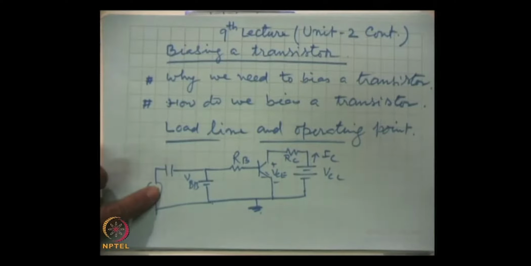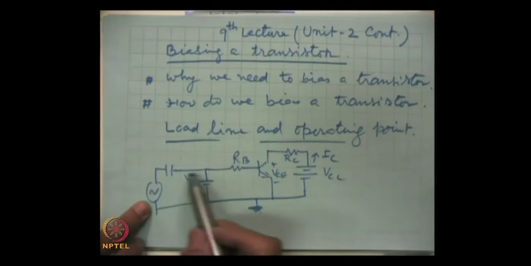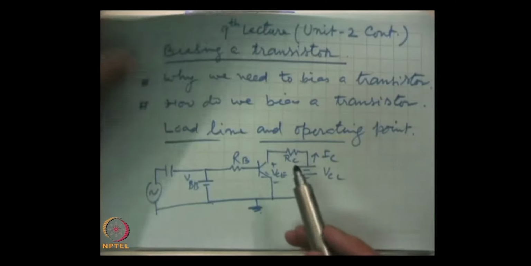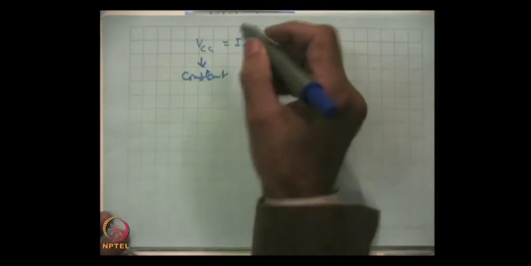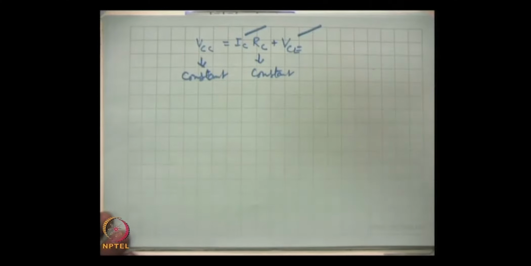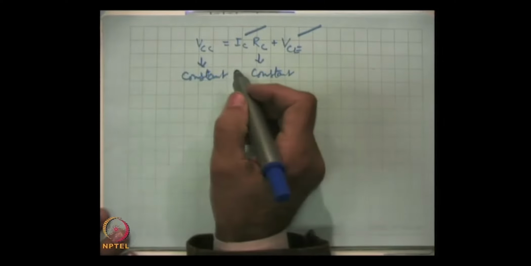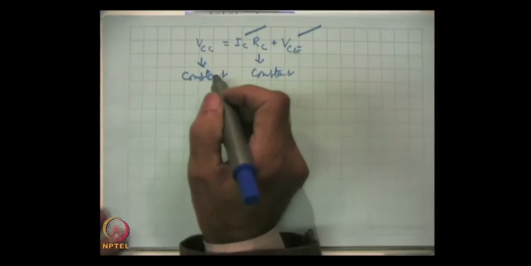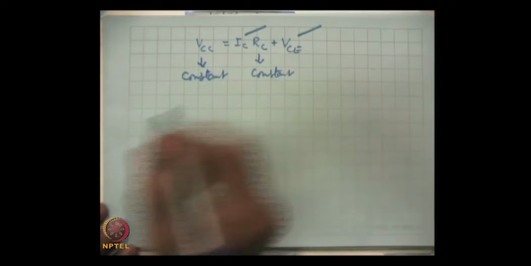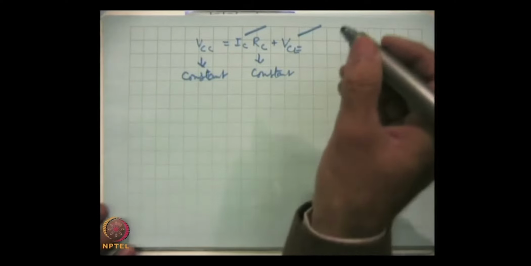So, this is the AC signal. When this is superimposed over this DC, then these currents and voltages will vary. So, this is variable and this is variable. These two are the variables, these two are constants,